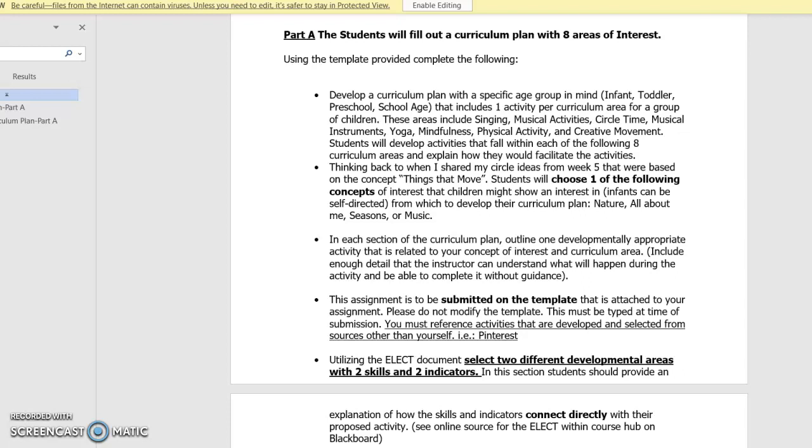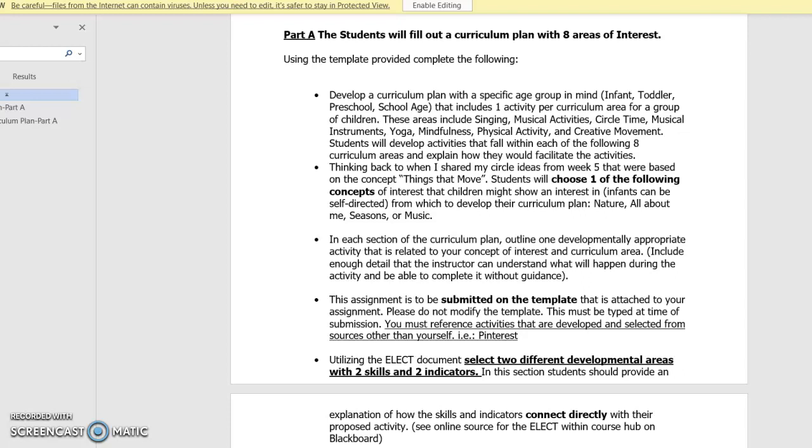These areas, as mentioned above, are singing, musical activities, circle time, musical instruments, yoga, mindfulness, physical activity, and creative movement. You will plan and develop activities that fall within each of the following curriculum areas and explain to me how you would facilitate or lead the activities.